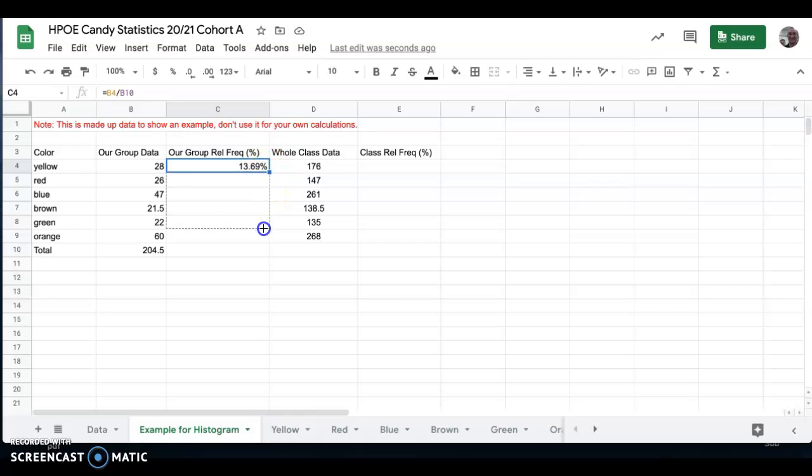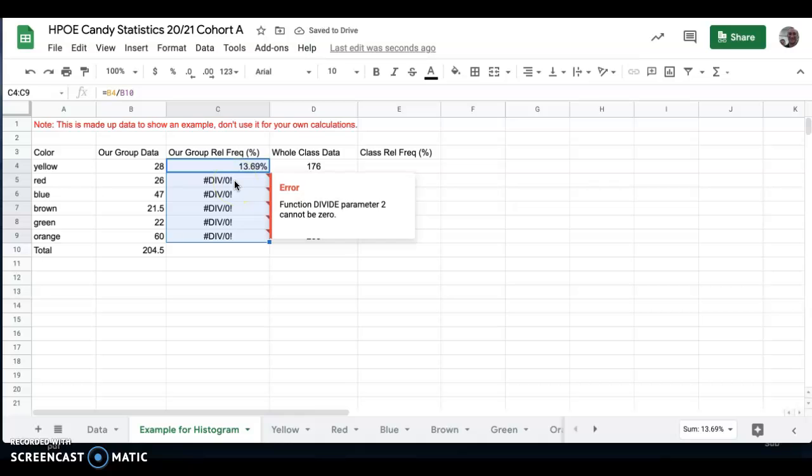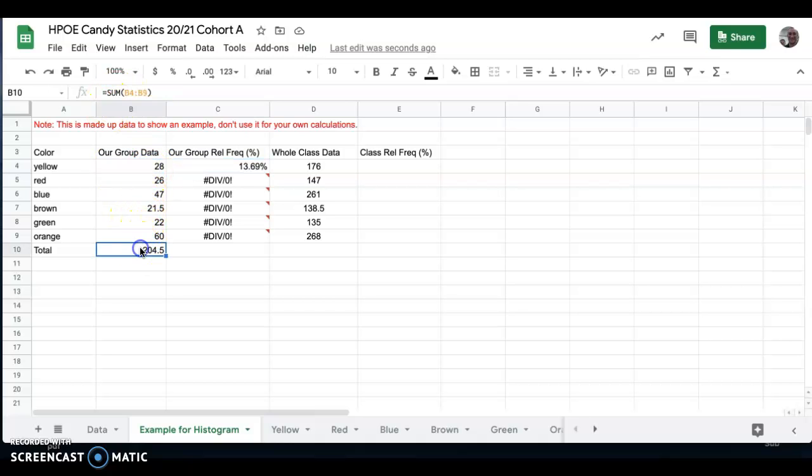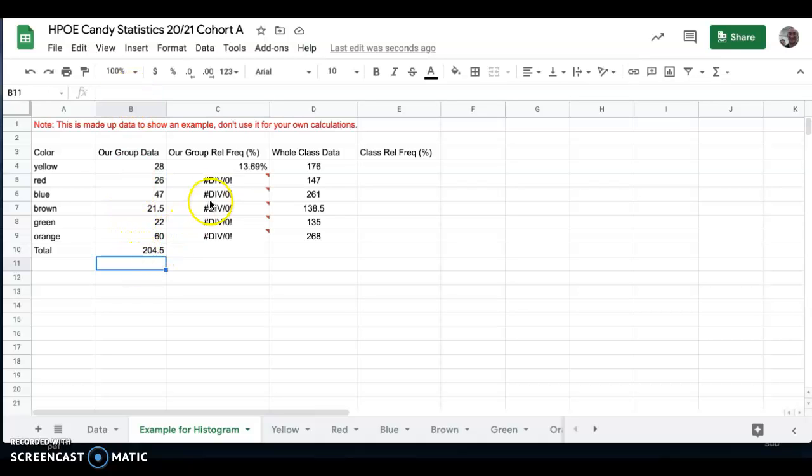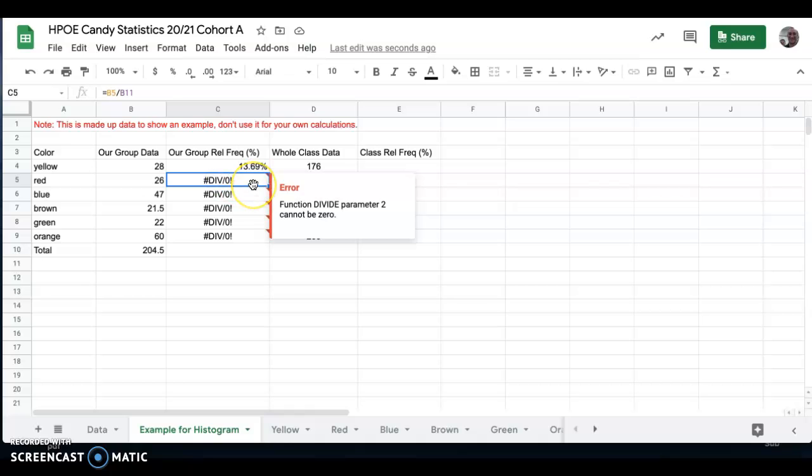Grab this corner and drag it down. It should copy the formula. However, every time you move down, this one was trying to do B4, this guy, divided by B10, the total. The next one's taking B5, red, and it should be dividing by the total, but look at which one it's dividing by. B11, that's right here. That's why it's dividing by nothing and causing an error. So, what I need to do